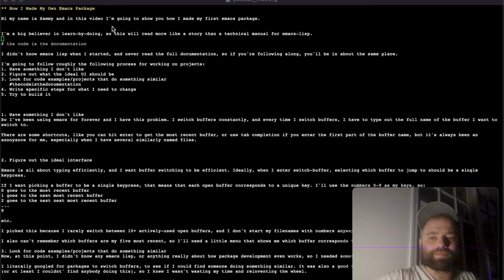Also, as an engineer working on a project, you'll hear this phrase a lot: just read the code base, or the code is the documentation. When I first started out as an engineer, I didn't really understand what that meant. So I'm hoping that by following along with my process and coding along with me, you can get a sense of what it means to actually do that and to learn how to program by reading somebody else's